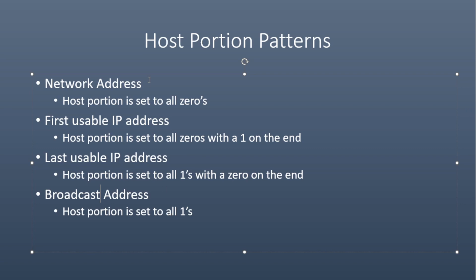So these patterns here are going to be consistent throughout IPv4 addressing. For the network address, you set the host portion to all zeros. The first usable IP address I could assign to a device, set the host portion to all zeros with a 1 on the end. The last usable IP address, you set the host portion to all ones with a 0 on the end. And for the broadcast, you set the host portion to all ones. So now let's look at